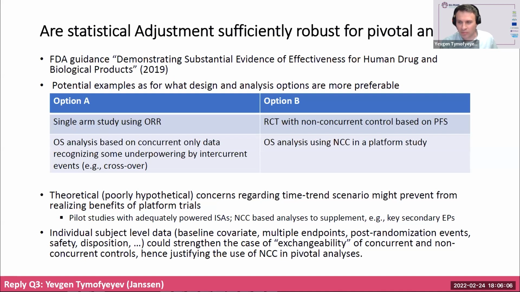But of course, we all know that there is a continuum, a spectrum, and the FDA guidance document on what it takes to demonstrate substantial evidence depending on circumstances. I think it's a really good reference. Maybe to toss out a couple of potential examples of when we can choose, and inform ourselves and the community about, what design and what analysis options would be worth considering.